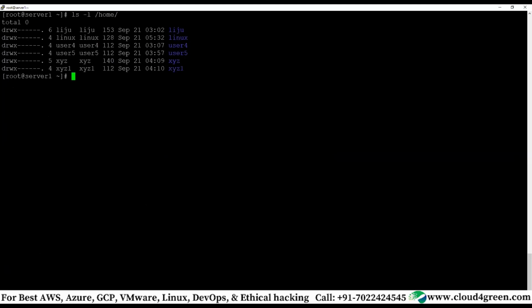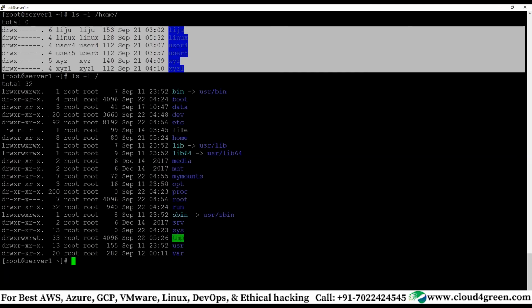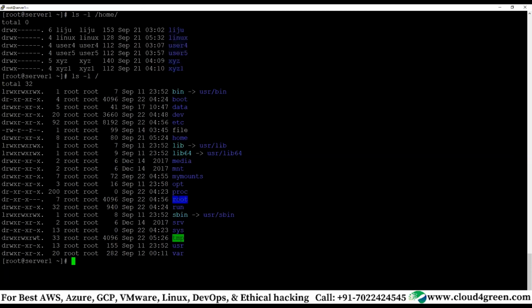So /home is the home directory of the users, correct? Since root is a super user, root's home directory is under the slash directory.